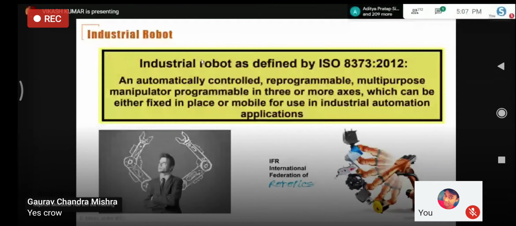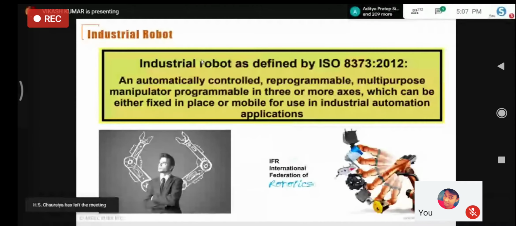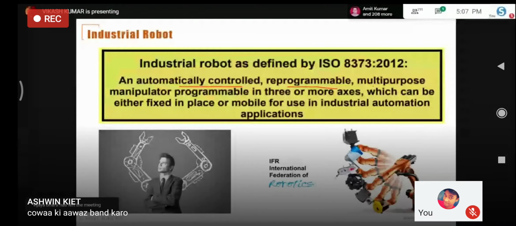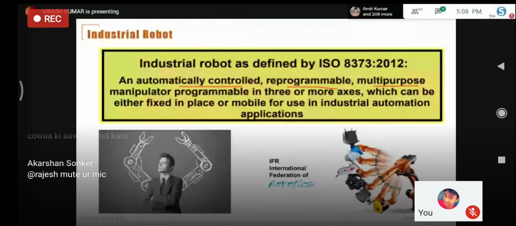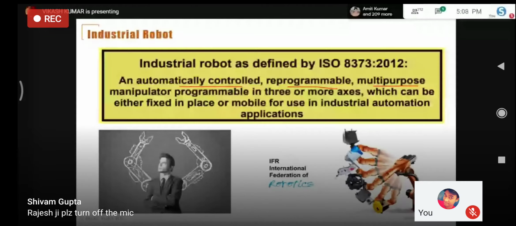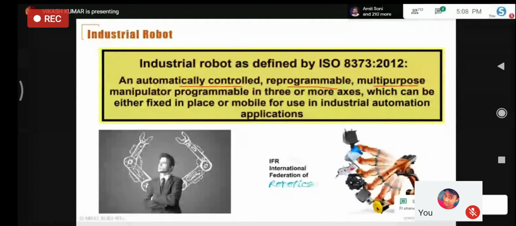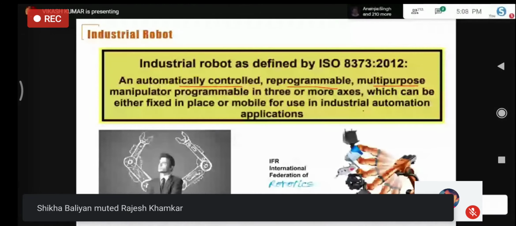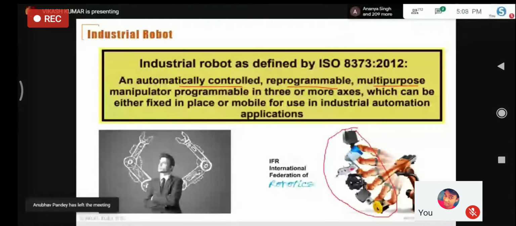A robot is basically an automatically controlled, reprogrammable, multi-purpose manipulator that has three or more axes, so it can be called an industrial robot. In this picture, you can see a robot with multiple tools, so the same unit can be utilized for different applications.